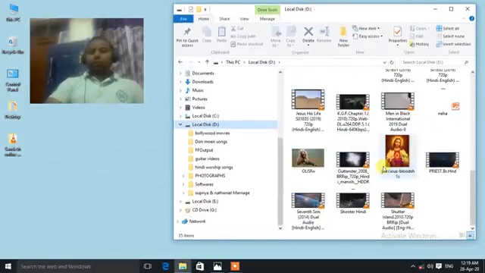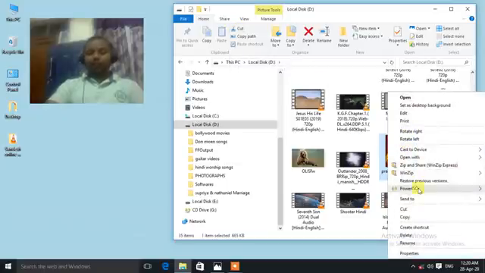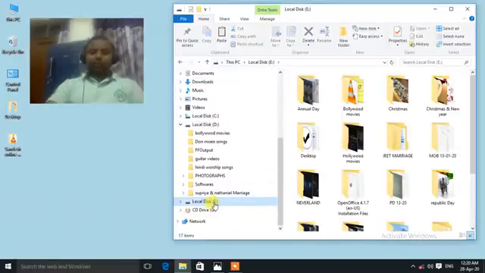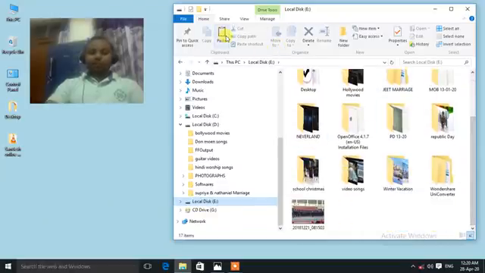Now what you want to do, you want to move one file from D drive to E drive. So first of all select that file. Suppose I want to move this file, so I will select this, then I will click on the Cut option from here, or you can use your mouse, right click on it, you will get this pop-up menu, click on the Cut option from here. So you have the choice from where you want to use these options. So click on Cut, then from the left hand side click on local disk E. Now if you want to paste here, then click on Paste.